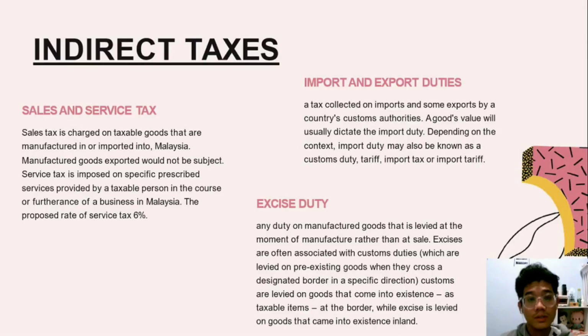The next one is imported into Malaysia. The second one is import and export duty. The tax is collected from the imports and some exports by the country customs authorities. The last one is excise duty, any duty on manufactured goods that is levied at the